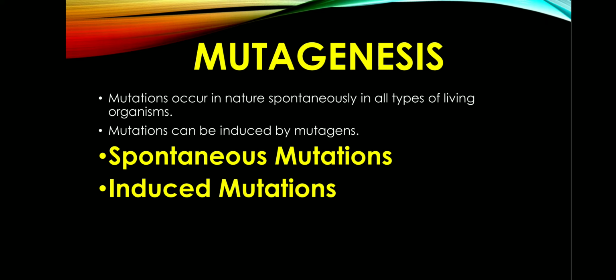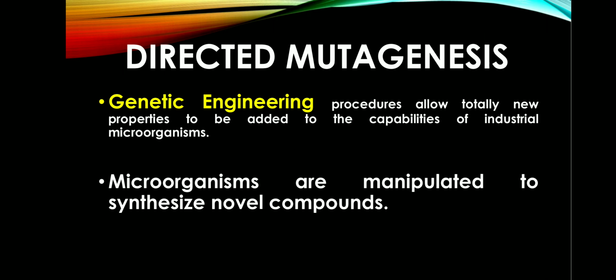The mutagenesis and recombination techniques that we studied are very, very random. So nowadays everybody goes for directed mutagenesis. The methods of mutagenesis that we discussed till now are completely undirected. They are very spontaneous. We don't know where in the gene the mutation is going to take place. Therefore we go for directed mutagenesis. The development of gene technology has led to directed mutagenesis, wherein we use genetic engineering techniques to modify the microorganisms or to improve the strain of the microorganisms.